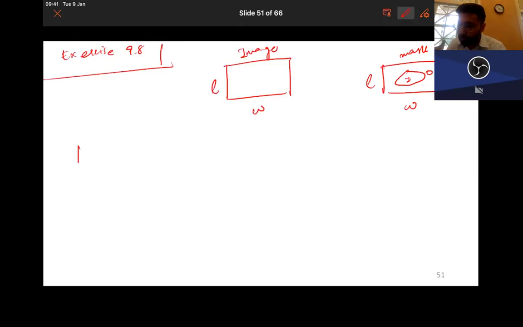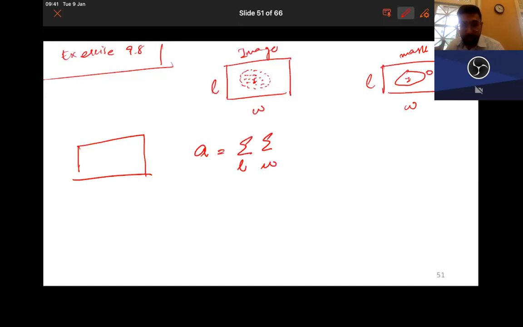So basically what I want to do is, inside this mask region, I want to take all the pixels in the image. So I'm just going to place the mask here. These are the values where mask is 1. I want to find all the values in the image, add that up and find its average. So I call it A. And A is basically this. It's the summation over length and width, over all the pixels, of